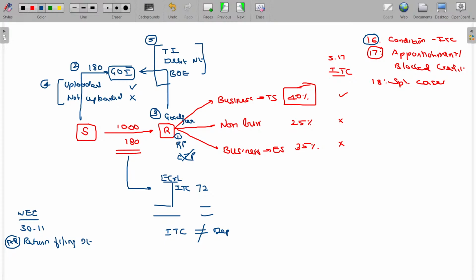Now, so 5 aspects you have to understand. Apart from that, a few more conditions. The payment for this 1180 should be made within 180 days from the date of supply. 180 days. Else he has to refund